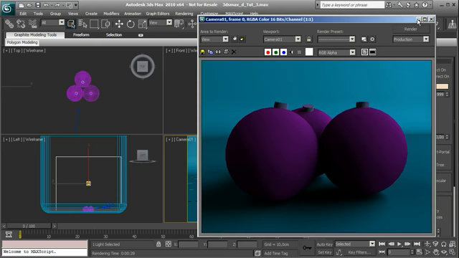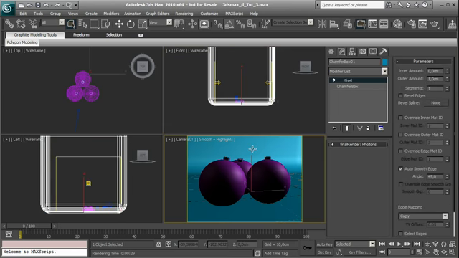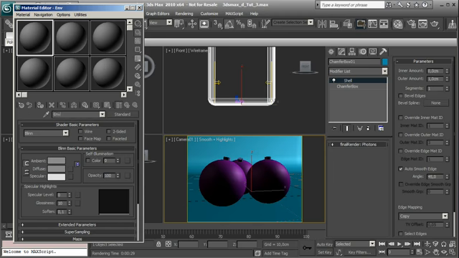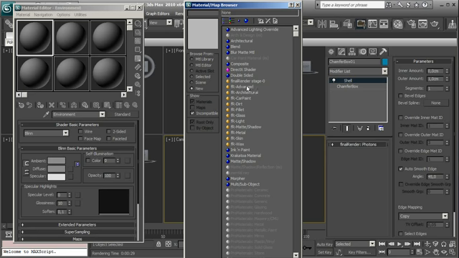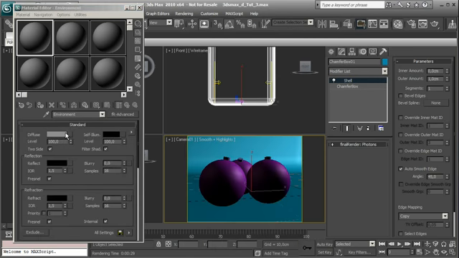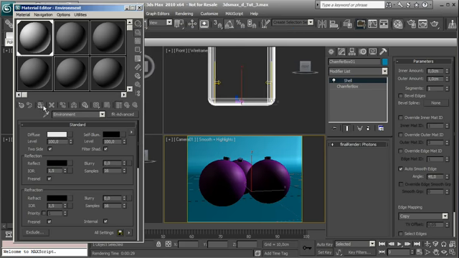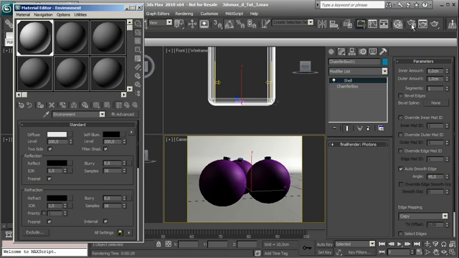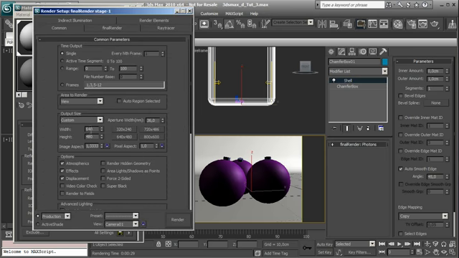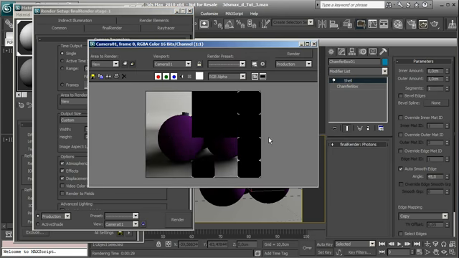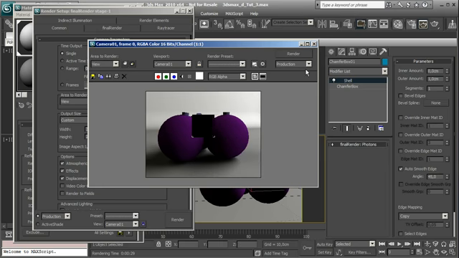Okay, so let's select the environment. I open the material editor and I name it environment, and we can use a Final Render Advanced. I choose something near the white color for the diffuse. I add it, and let's try to set a little resolution for the rendering, and let's see the first test. Okay, we have a white environment,